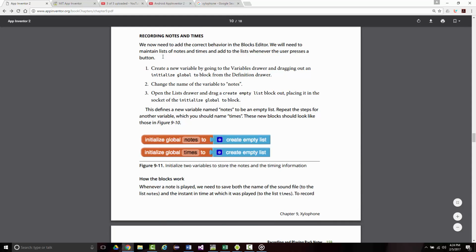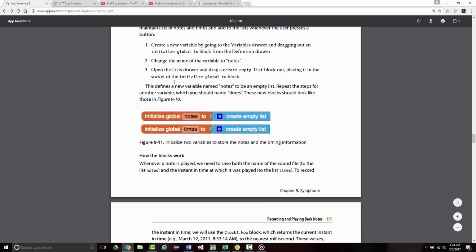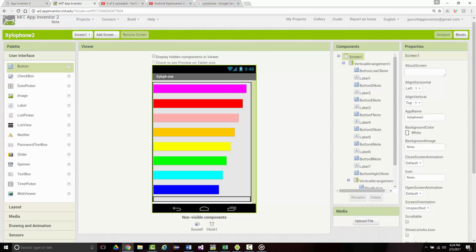So we now need to add the correct behavior in the blocks editor. We will need to maintain lists of notes and times. So we want 2 new variables. We're going to have one called notes and one called times, and we're going to create an empty list from each one of those. All right. Now, before we do that, or as we do that,